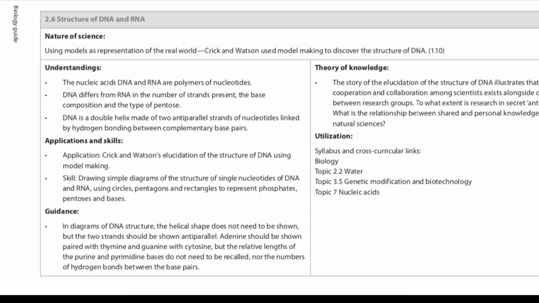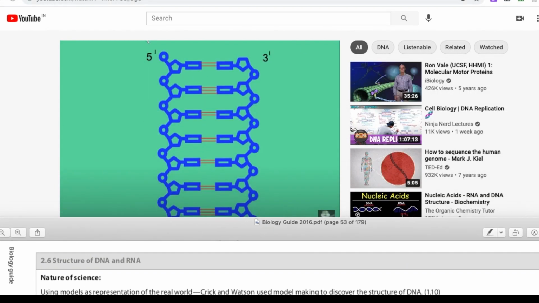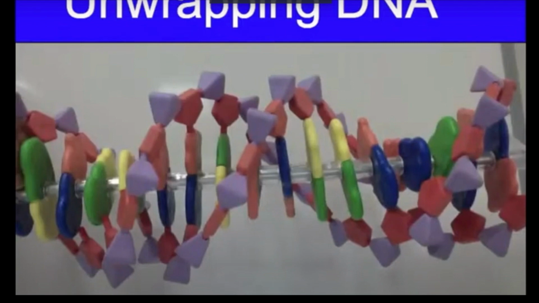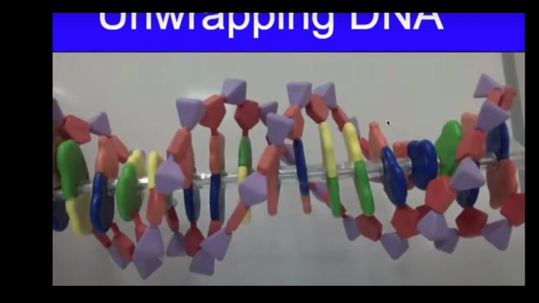But in addition to that, we are going to have a look at this TED Ed lesson where I use not the same model used by Watson and Crick, but a similar one that is of course widely available nowadays. Watson and Crick first proposed this kind of model in 1953, but today students can build models like this on their own, or you can have models like this at your school, and this is what we have here on